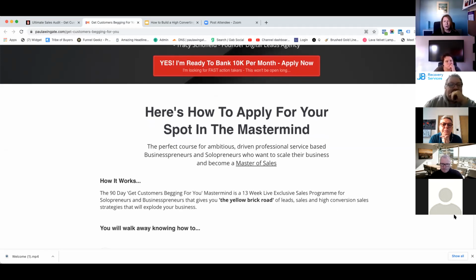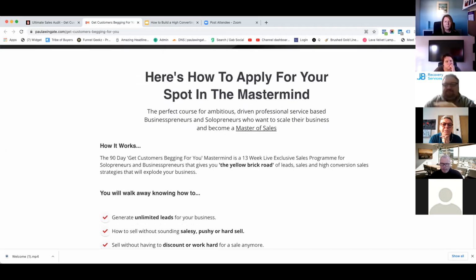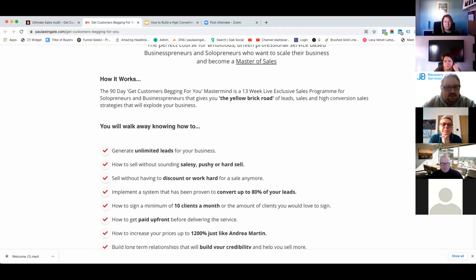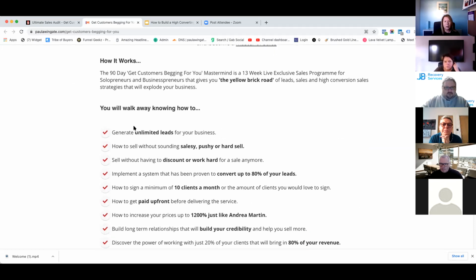So think about the terminology that you're seeing in here and how that resonates with the person in terms of what they're going to get. And again, what we talked about, you'll walk away knowing how to. And this is when we really touch into the details of what the course is. So we've pulled all this together. Well, Paula's given me all the details. We've pulled all this together and we talked about what they're going to learn and walk away with in the